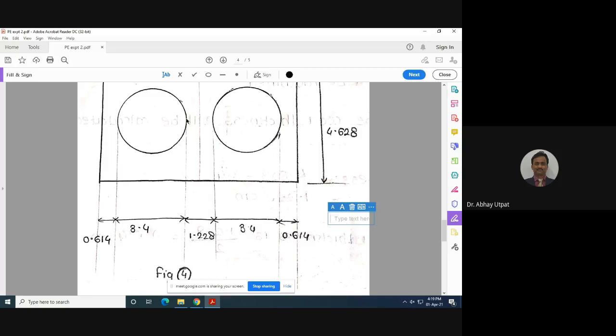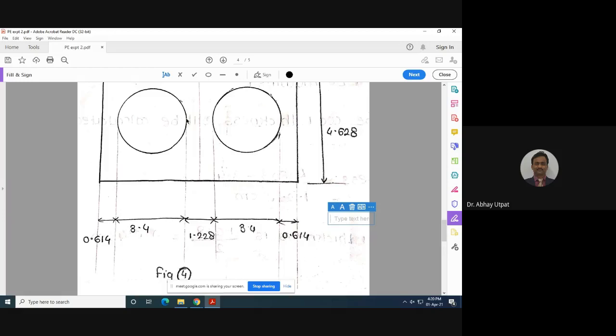Then the sprue, I already told you, is perpendicular to the plane of the paper. So total gating system weight is 10% of the total weight of the component. This logic you have to remember. I repeat, the weight of the gating system is equal to 10% of the weight of the component. And accordingly, sprue, runner and gate dimensions are assumed as per the constraint.